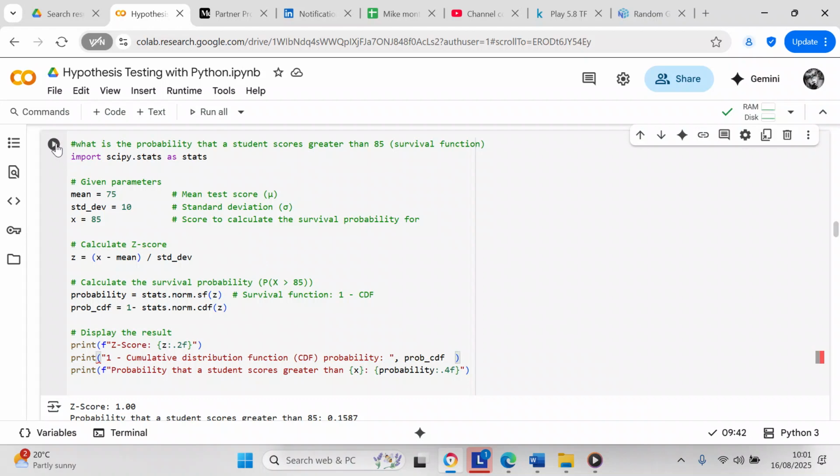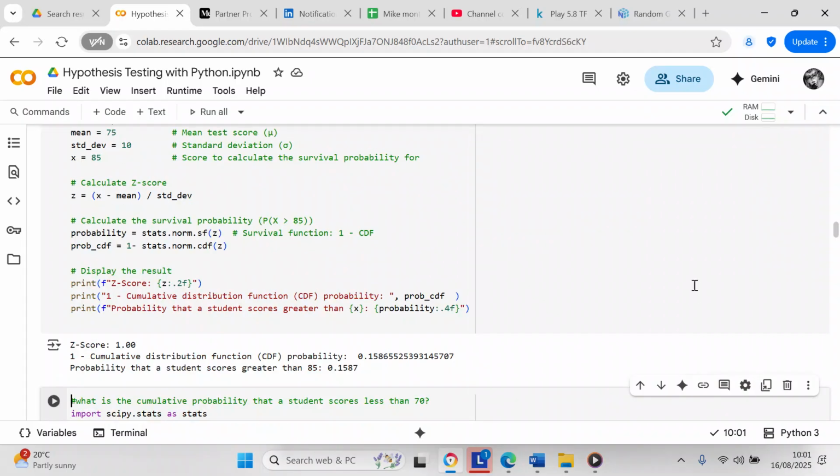So we're going to try to run it again. I've added something to it. Your z-score is 1, but I would say it would be negative 1 because it's 75 minus 85, which is negative 10, divided by 10. But it says here your z-score is 1. Your 1 minus cumulative distribution function probability is 0.158655. And then your probability for student scores greater than